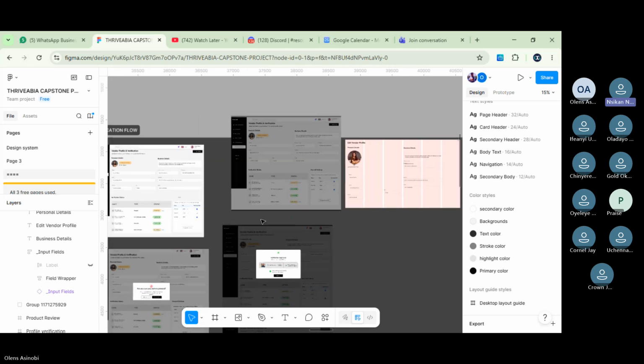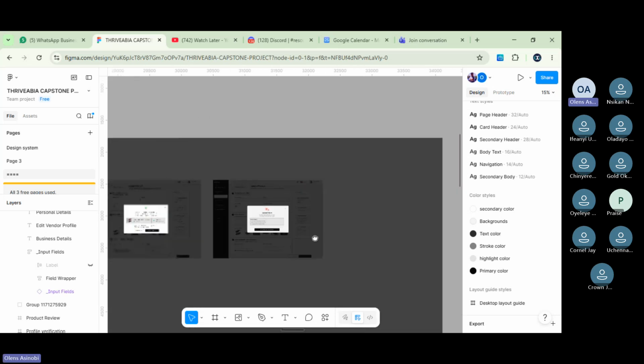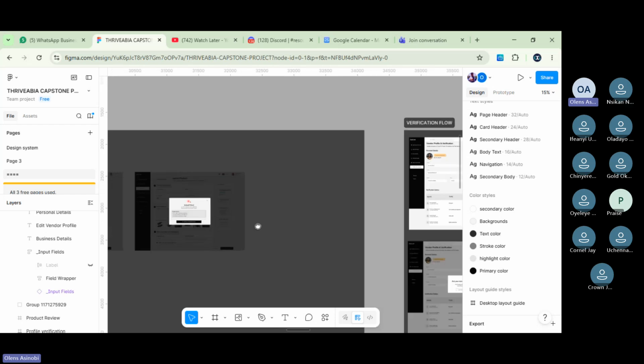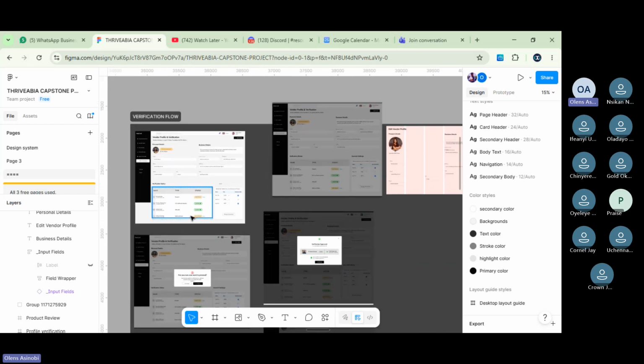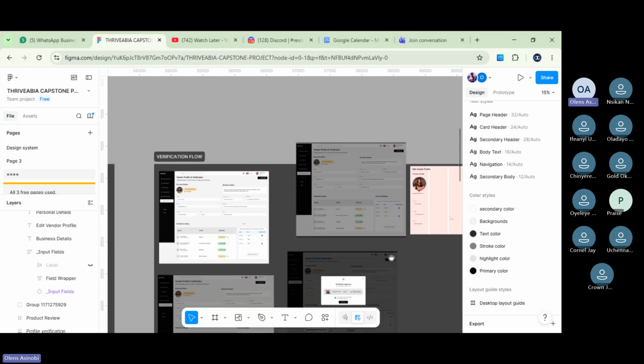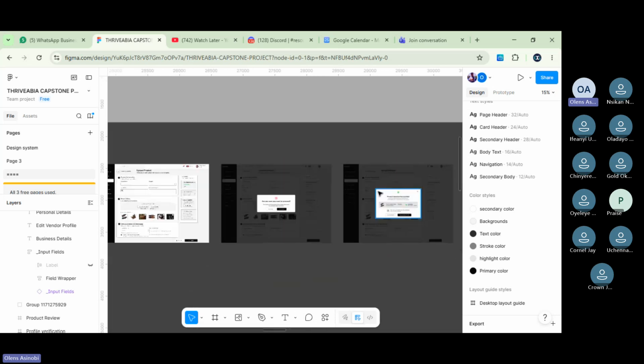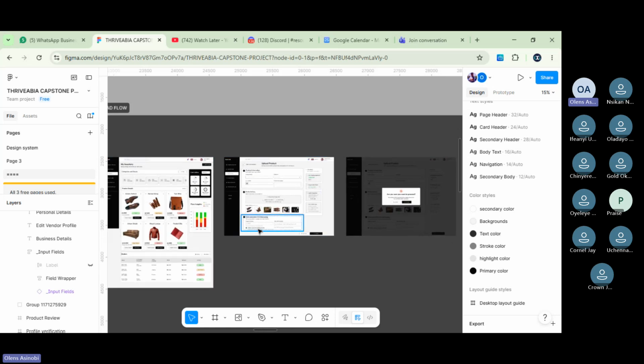Yes, sir. So that's just the thing that is left in this verification flow. Show us where they would upload the documents. I think they were saying something about a person not being able to upload products if the person is not verified yet. So this flow supposes the person is already verified.